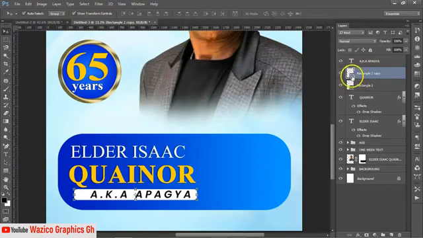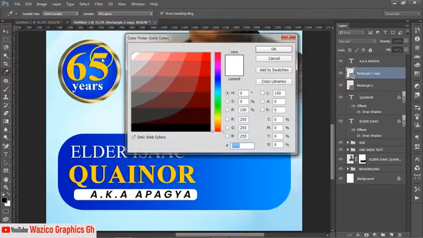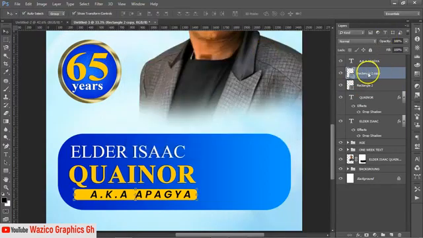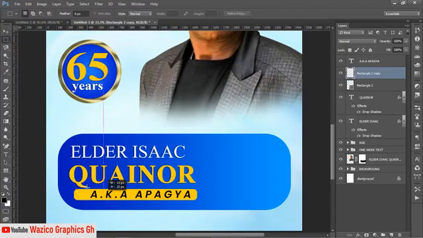Then turn this to yellow like this. So I'll right click on it and rasterize the layer. Then I'll pick my selection tool and select from here to here, then delete it and clean it. So I'll press Ctrl plus D, then I'm done with the